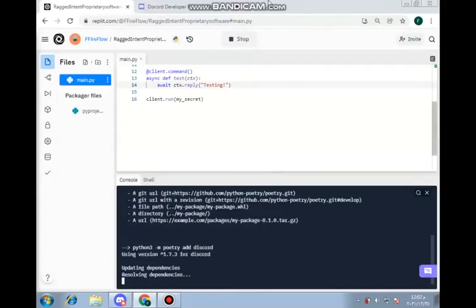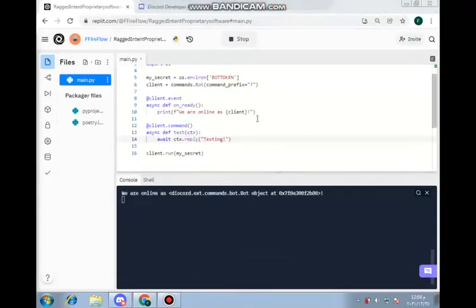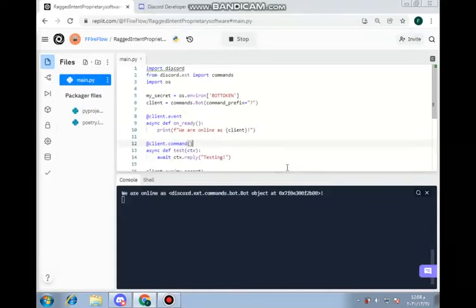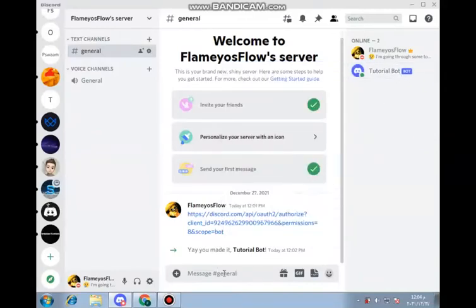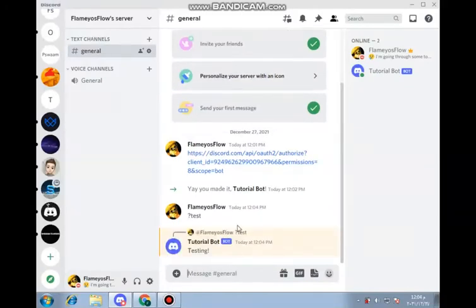Let's wait a moment for it. So as you can see, I now actually did it, and now I'm gonna go to the Discord bot, and then as you can see, it is online now. So let's try that test command that we made, and as you can see, we made it reply